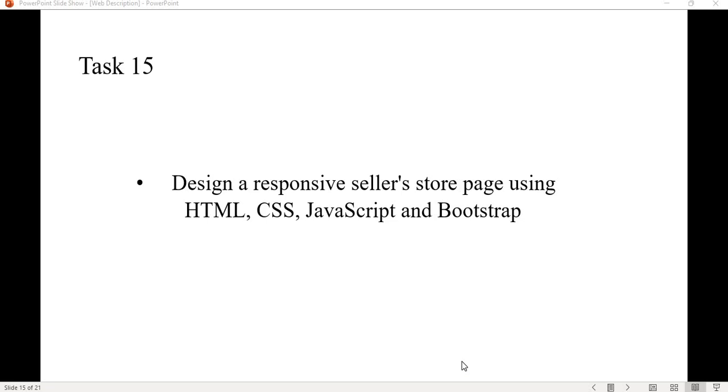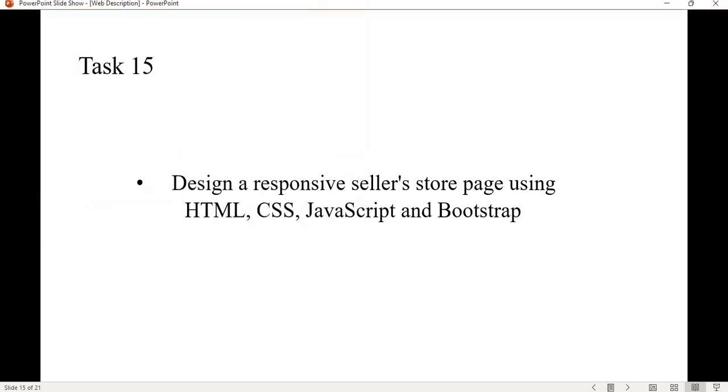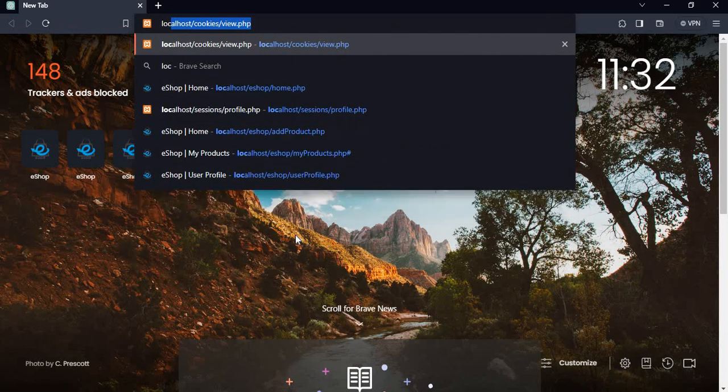So first of all, I will start the Apache server. So here I have started the Apache server. First of all, I will show my seller page, and later on we will discuss the code. So here localhost,